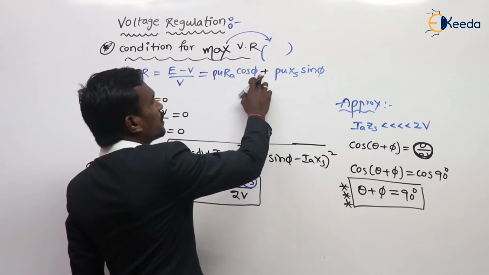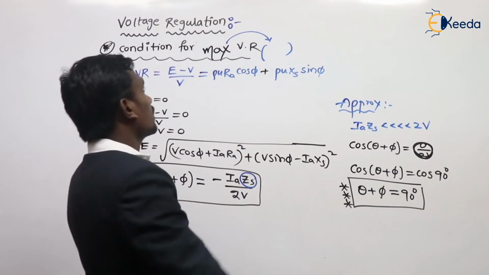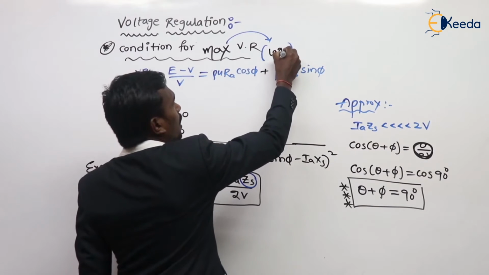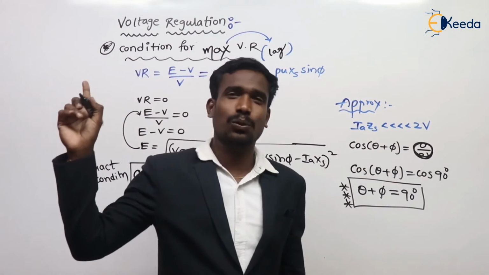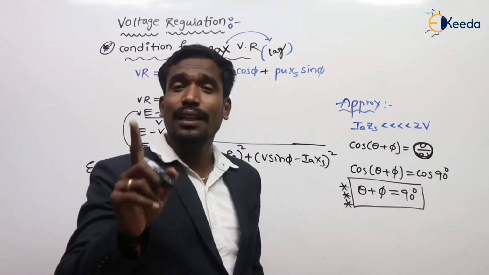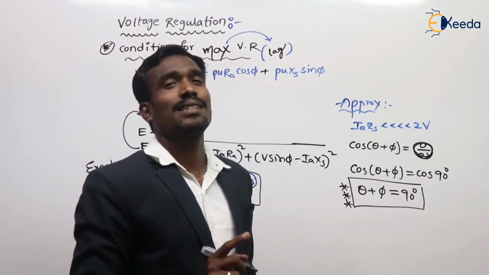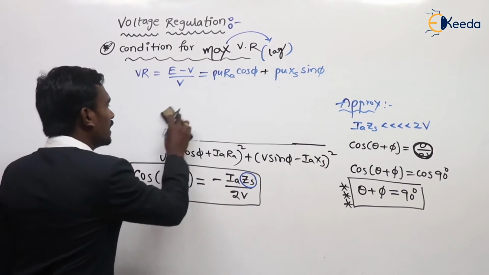Exactly, for positive we can get the maximum voltage regulation. So now tell me, the maximum voltage regulation always occurs at what load? In lagging load. Maximum voltage regulation occurs in lagging load only. Right? Next one. Here, to get the maximum voltage regulation,